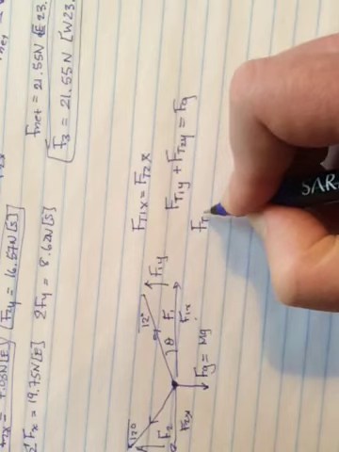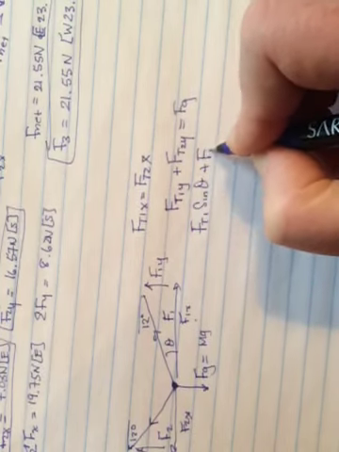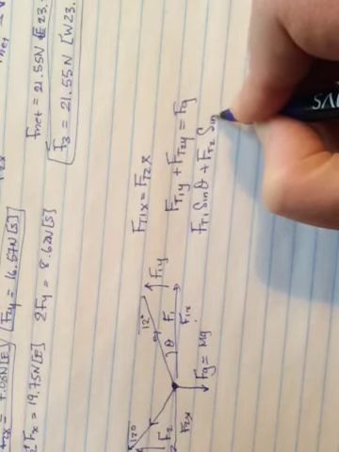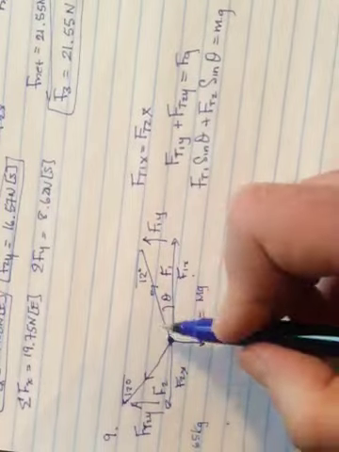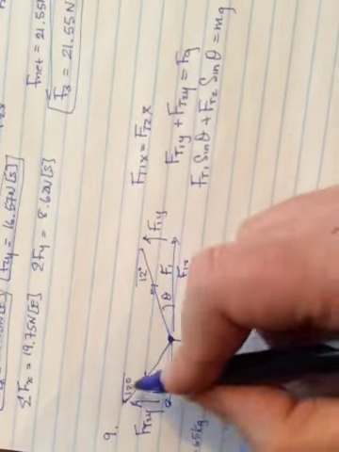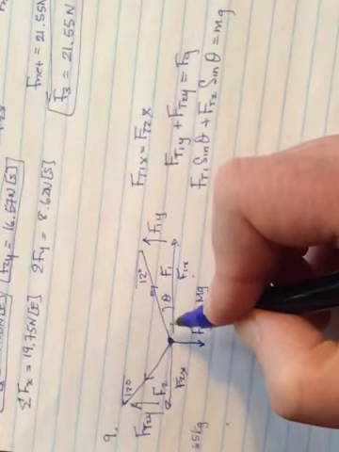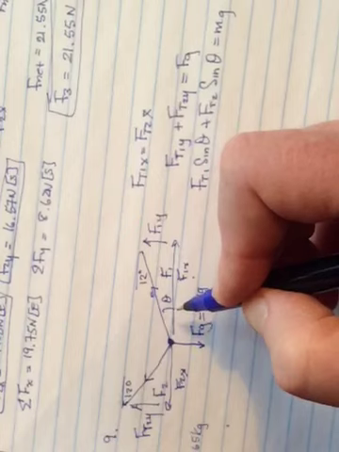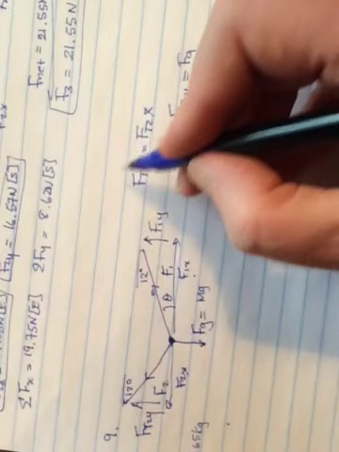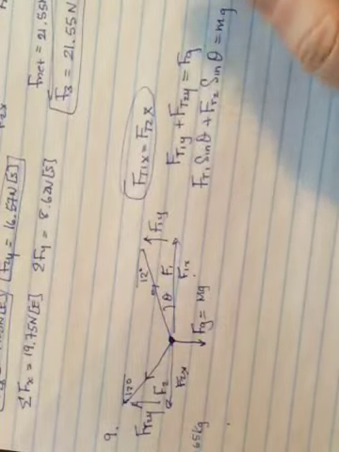So it would be Ft1 sine theta plus Ft2 sine theta would equal mg. But despite my diagram, this is actually symmetrical. So these two Ft's would be totally balanced because the angles are the same. So Ft would be equal to Ft. That's what actually this tells you right here, right? Because the angles are the same. So really